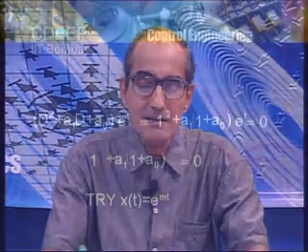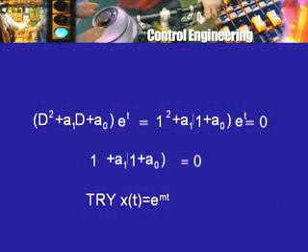As you know, 10 raised to minus 10 or 10 raised to 20, we refer to what you put at the top as the exponent. So e raised to mt is the exponent, but for our work the coefficient that multiplies t is conveniently thought of as the exponent of the exponential function. So if I go back and try e raised to mt as a solution of D squared plus a1 D plus a0 equal to 0,